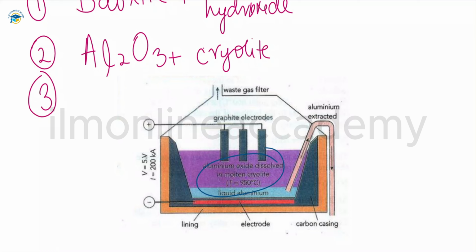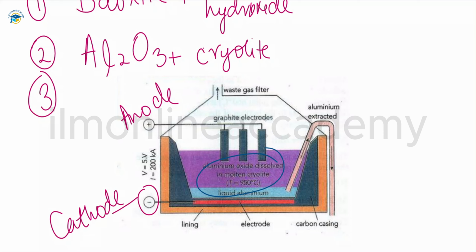We have graphite electrodes there. The positive one is the anode, and the negative one is the cathode, and the cathode is the lining of the electrolytic cell. We are not adding any other electrolyte, so we have just aluminum oxide and molten cryolite present. And what will happen when we apply electricity,